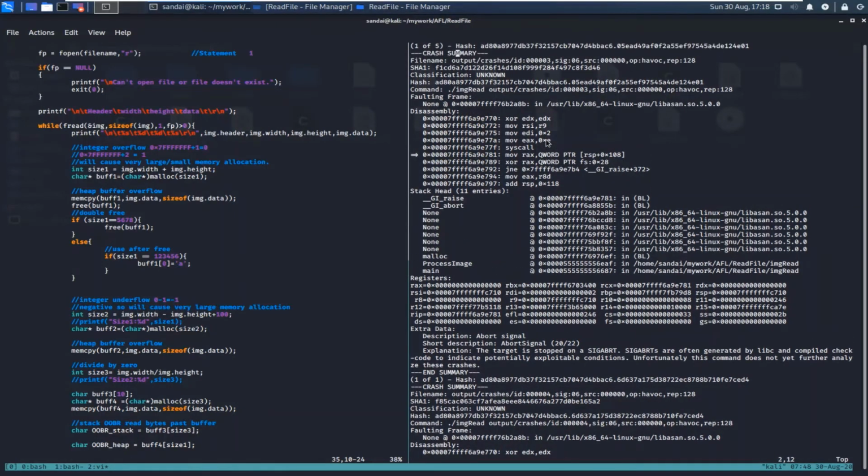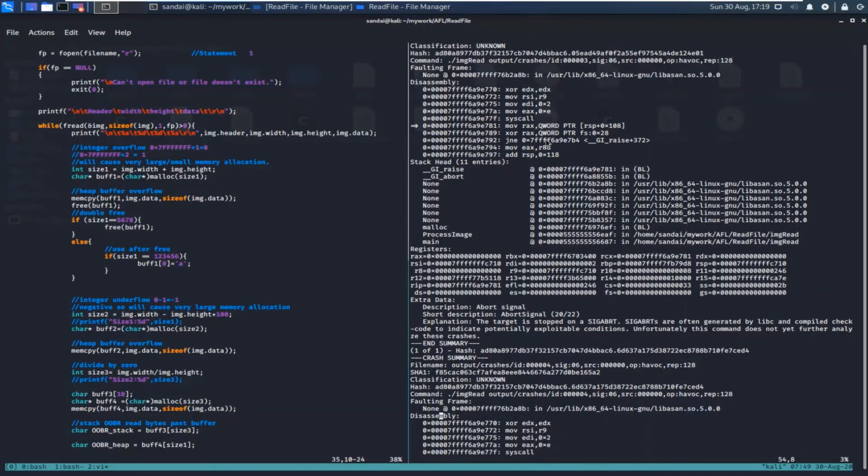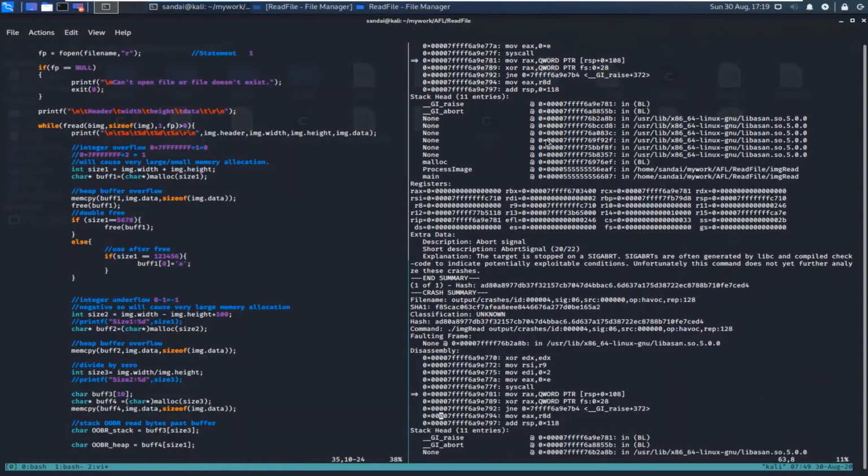The first crash it has analyzed was with ID 3, and this is the disassembly around that crash, and this is the call stack. As you can see, there is a malloc call over here, and it might be a large malloc fail.